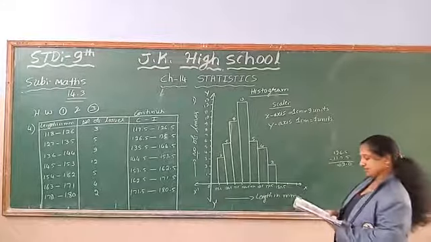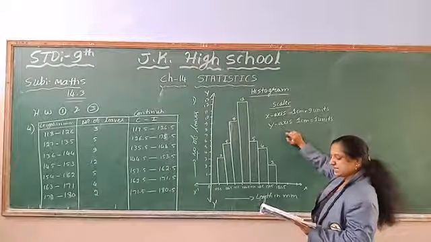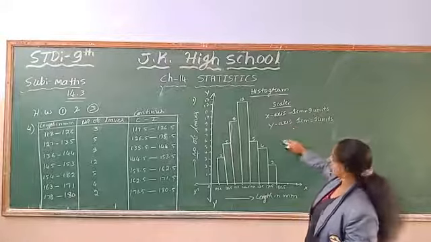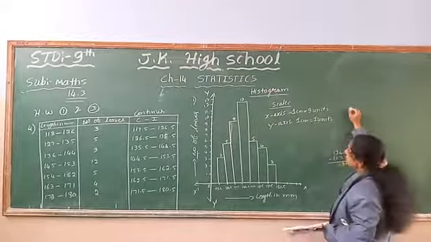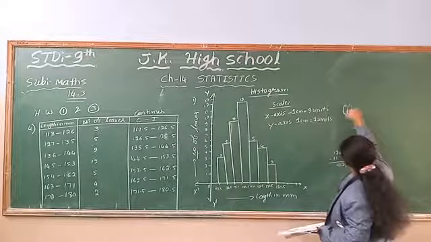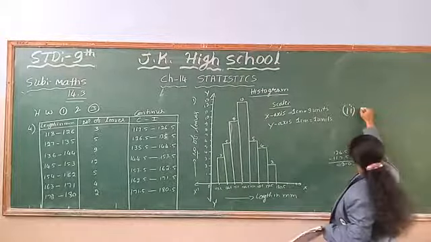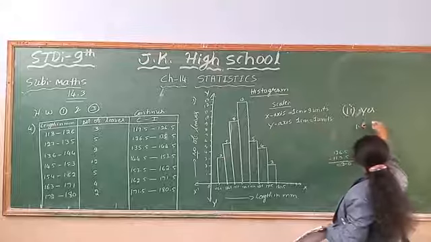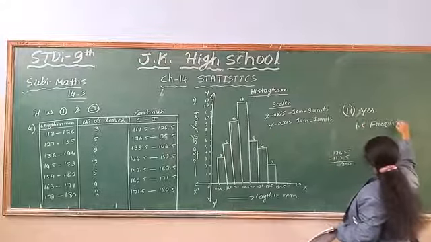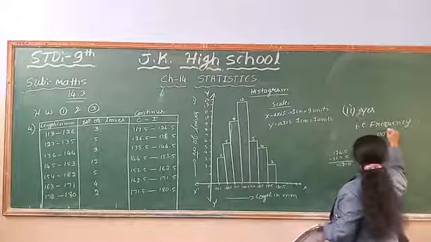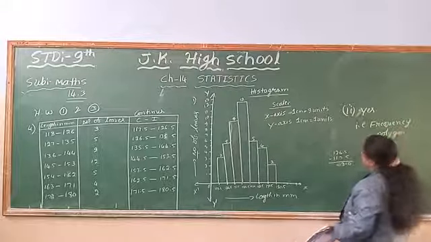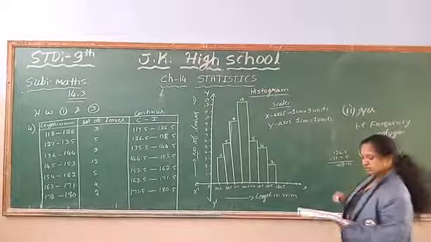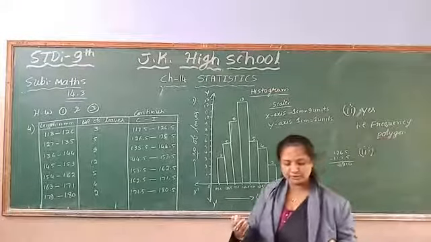And the questions are next. Draw the histogram means this is the answer. Is there any other suitable graphical representation for the given data? Yes. In the same way we can consider the frequency polygon. So yes, the frequency polygon is another graphical representation. And the third question: is it correct to conclude that the maximum number